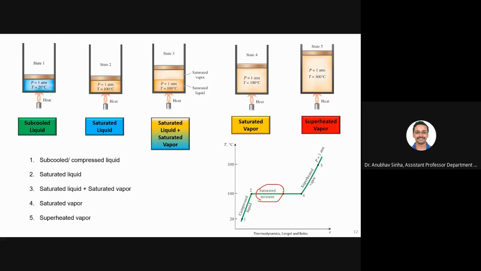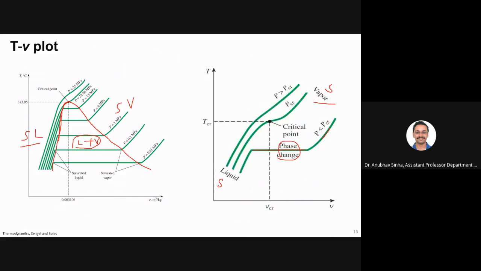If it is subcooled, then the temperature will change. If it is superheated, then the temperature will change. But during the phase change, the temperature remains constant at 100 degrees Celsius. So that is what we are seeing here. The temperature becomes constant, and that is the difference. At the critical point, your liquid will directly go to the vapor phase, or it becomes indistinguishable. If you are above critical, your liquid and vapor states are identical.